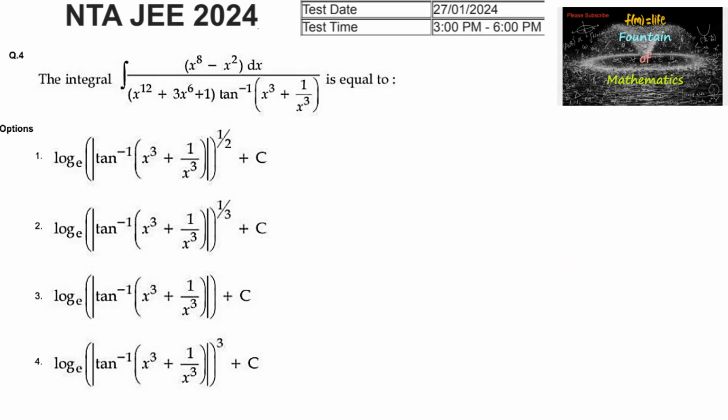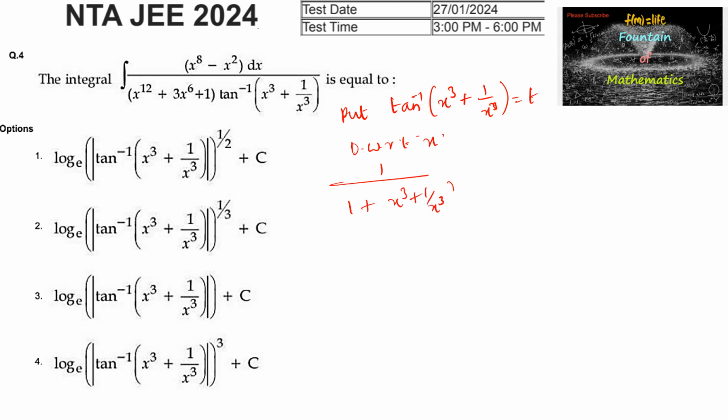The integral of (x^8 - x^2) dx upon (x^12 + 3x^6 + 1) times tan inverse of (x^3 + 1)/x^3. So here let us substitute tan inverse of (x^3 + 1)/x^3 equal to t, and now differentiating with respect to x, we have 1 by 1 plus ((x^3 + 1)/x^3) whole square,